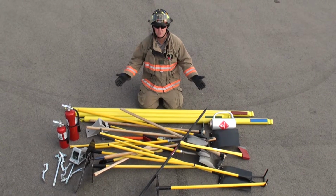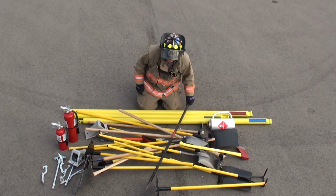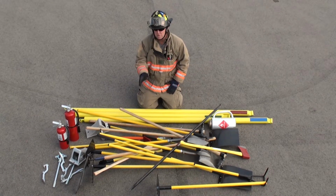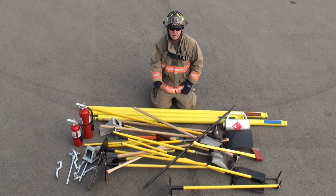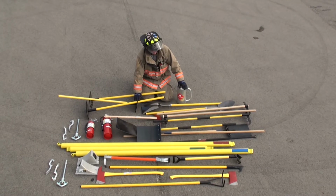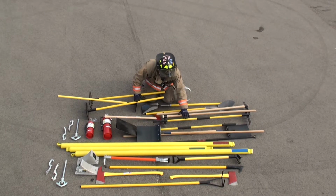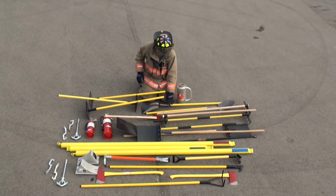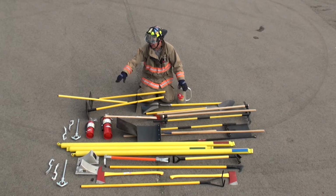This equipment here was just on the exterior of the truck. None of this is in a compartment. Now if you get to looking here, if this is all bunched up into a compartment, first off you got to dig through your compartment and figure out what you got, where it's at, and then get it out of the compartment. We've got 3 McLeods, 3 fire rakes, 3 fire swatters, a flathead shovel, round shovel, 2 different extinguishers,